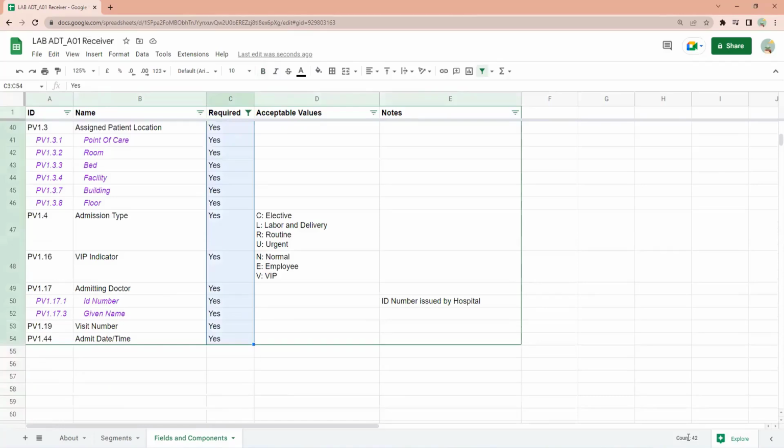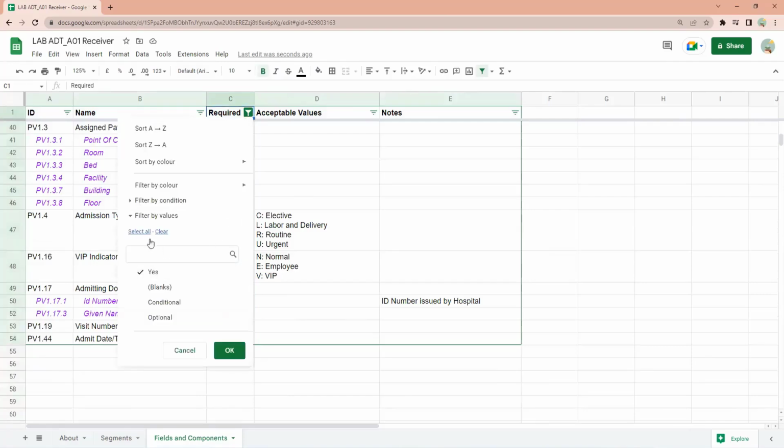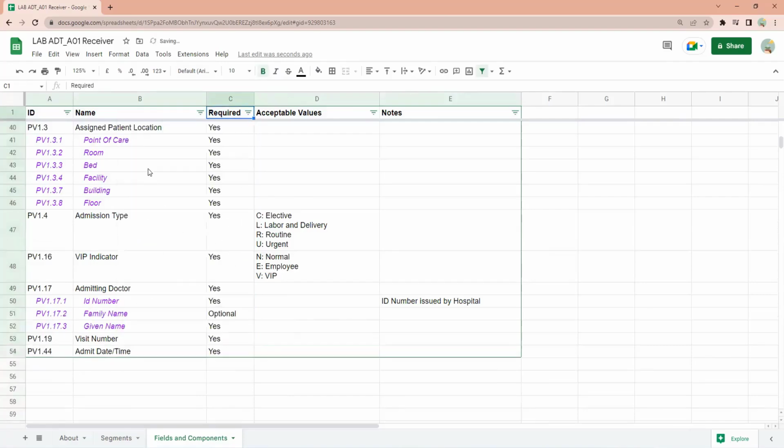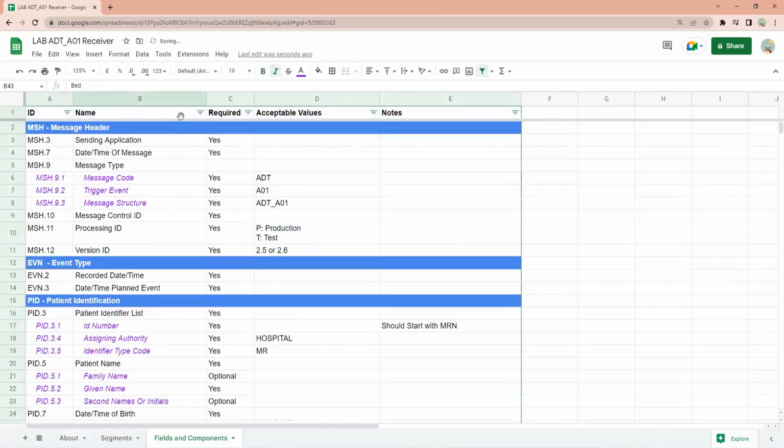So there are 42 fields that are required. If you compare this with the standard, everything will be given as optional, optional, optional, optional, optional. Here it is very, very, very specific.